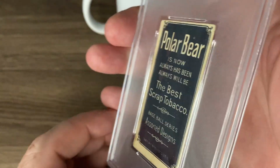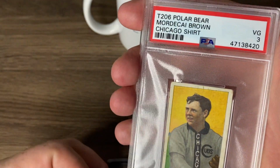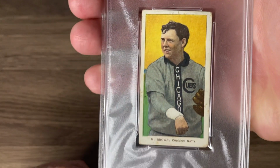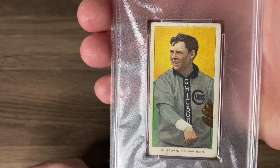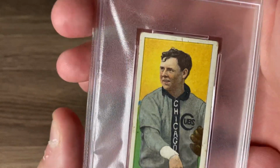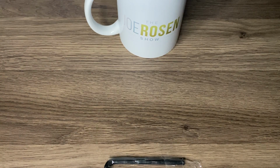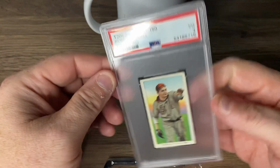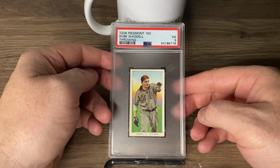Again, it's crazy to think, now I don't know if this one is 1909, 1910, or 1911, but this card is roughly 110 years old, and to think that it looks like that with that detail is just absolutely astonishing. All right, coming up to the next one, here's another Rube Waddell that I had to hunt for